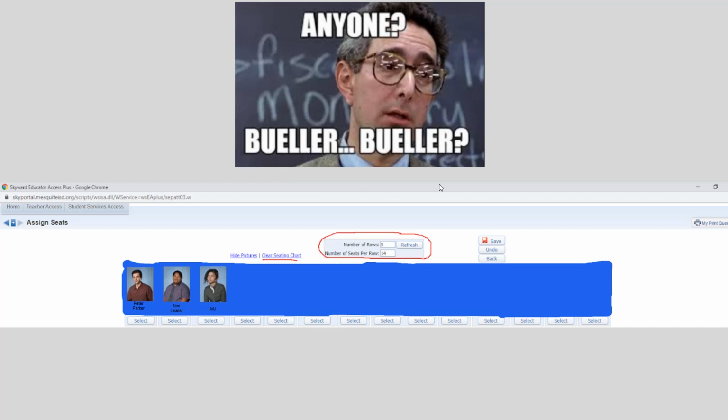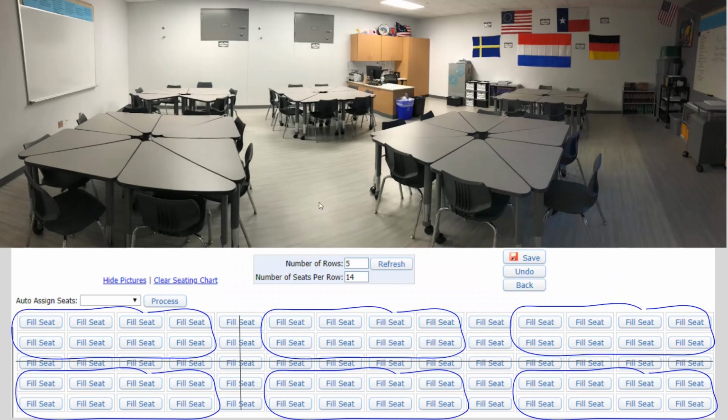You don't want to call out roll. You want to set it up so you can just look and know who's there, who's not. You get the picture, you get the name, you can select the student and move them around. You can also increase the number of rows and seats per row so that you can make it look more